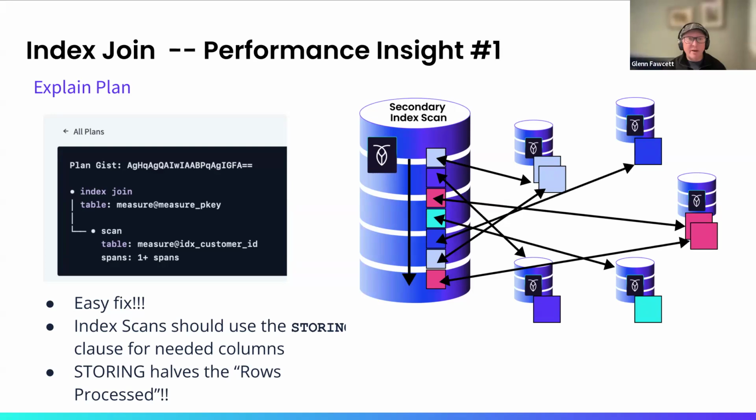So what ends up happening is you end up doing a lot more reads across the network. You scan this index to get the values that fit the criteria, and then you go all over the cluster to actually find little bits of information to make the full answer. So next slide.